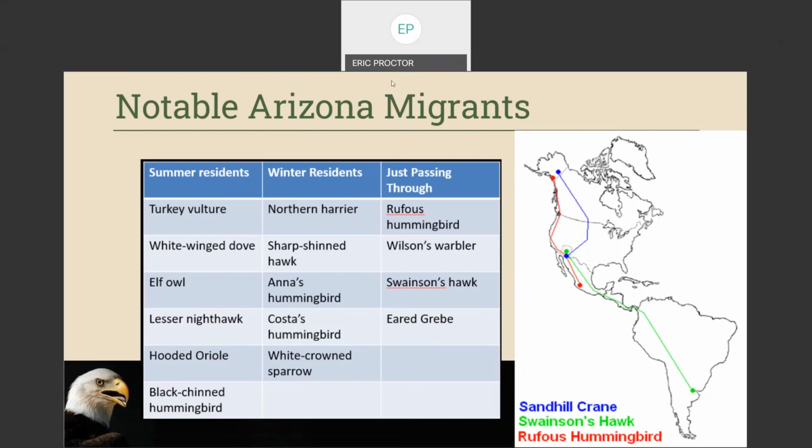Anyway, the Swainson's hawk starts here in Arizona and could fly all the way down into South America. Argentina has a very extensive migration route. Ricky mentions that Roosevelt gets the white pelicans that are headed to Mexico as well. Absolutely. So this is just an example of some of our Arizona migrants that come through, just a small sampling of the diversity that we have in Arizona as far as birds.